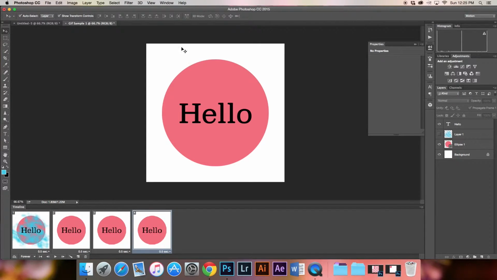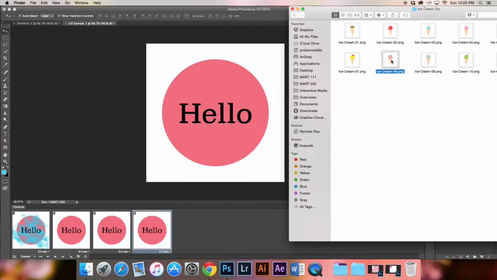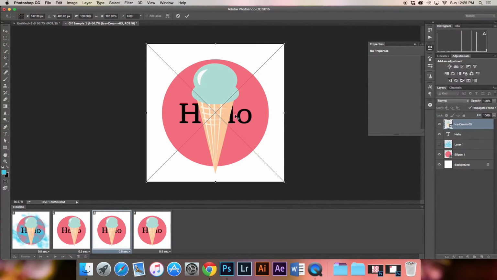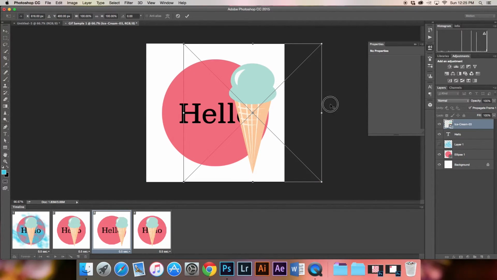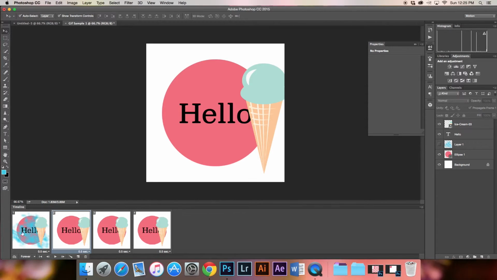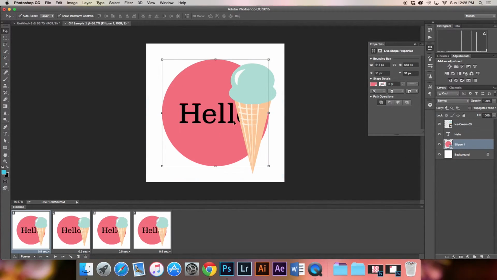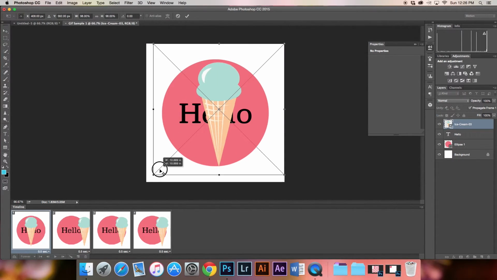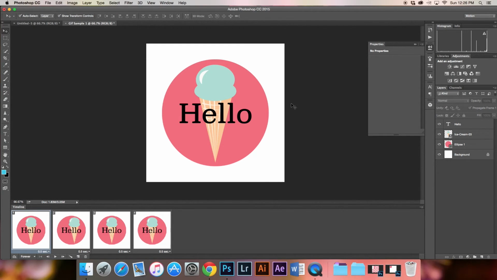You can also bring in images. So I have these ice cream cones here, and let's just bring in that image. And it will apply to all of the images, but same thing, you can go in and you can change the position of it in that second frame, you could change the opacity, you could turn that layer off. So there's a lot of different things you can do with your different layers. You can bring images in, you can actually start to bring video in. There are just so many different things that you can do with GIF animation, and the possibilities are endless.